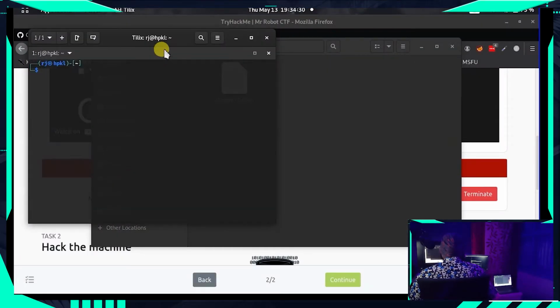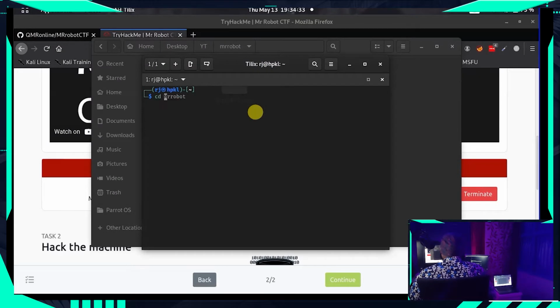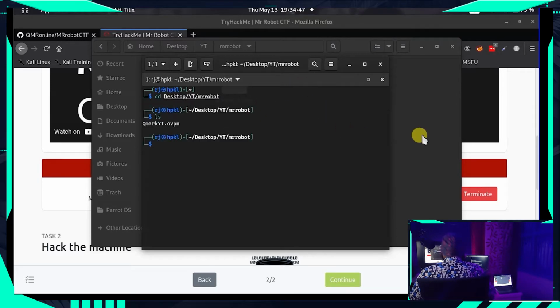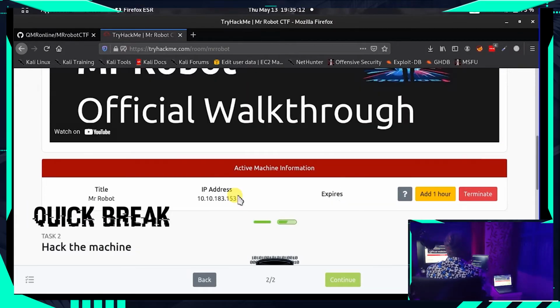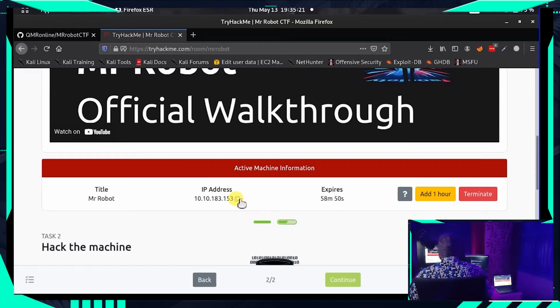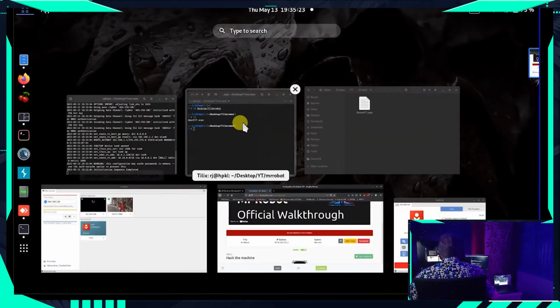Open any terminal. I'm navigating to the folder I just created. Now we got the IP address, just copy it.